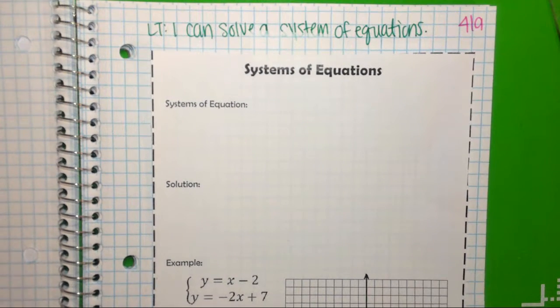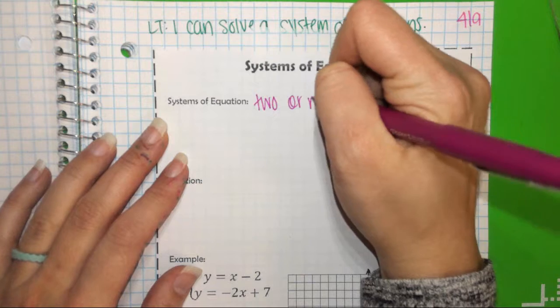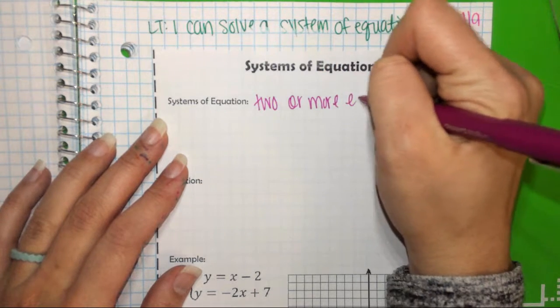Alright, so a system of equations. We've graphed one, and we've solved one, but now we're going to talk about a system, which means more than one. So a system of equations is two or more equations